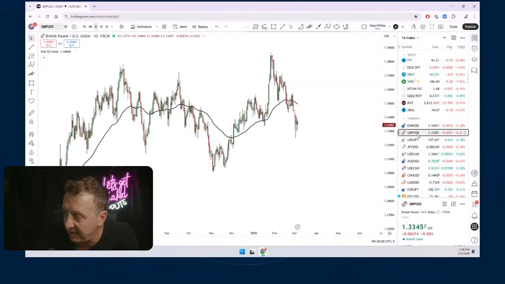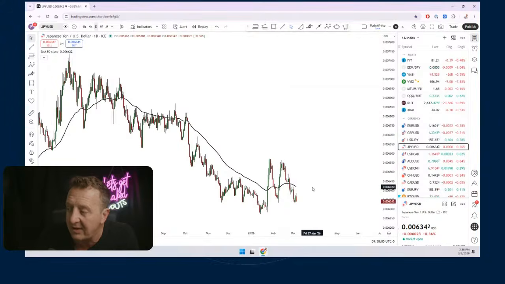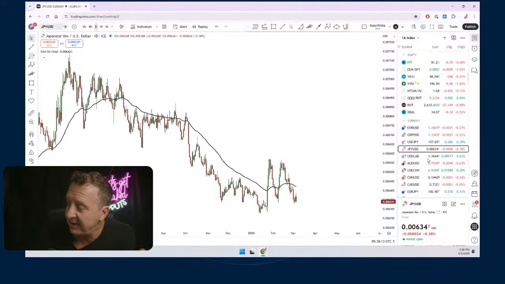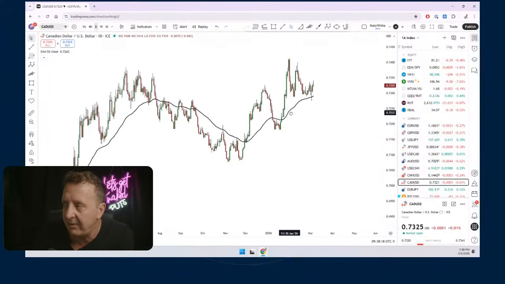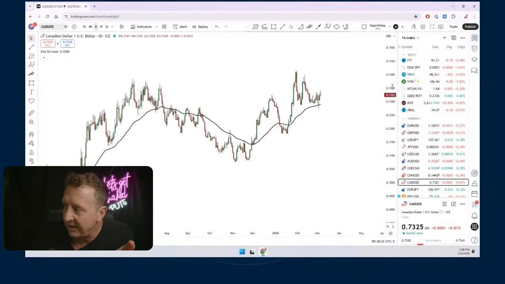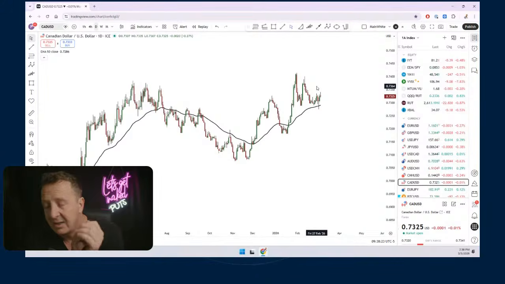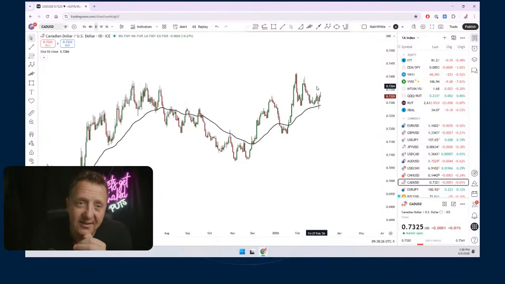Now the pound sterling had a breakdown, and so did the Japanese yen, breaking down all the way to its previous lows. So the three biggest currency pairings are all actually declining. But there is something very interesting. I'm going to just look at the Canadian dollar versus the U.S. dollar, the way it would be on the futures, and I want to simply highlight that the Canadian dollar looks actually more bullish and seems to be almost bucking the trend. It didn't react remotely to the same magnitude or correlation that those other big currencies did.